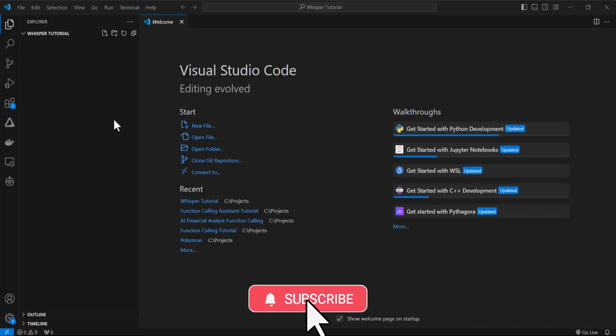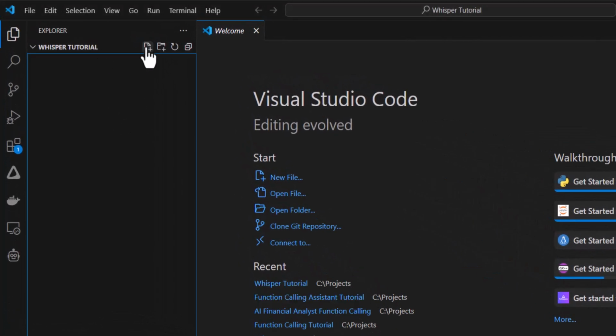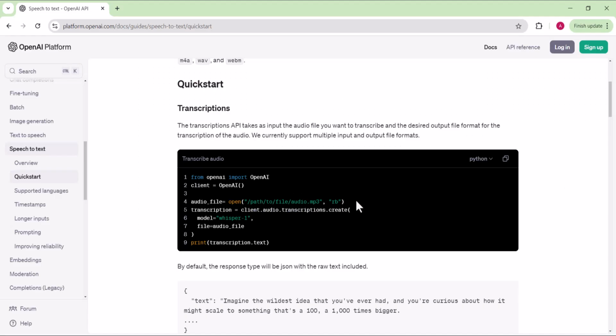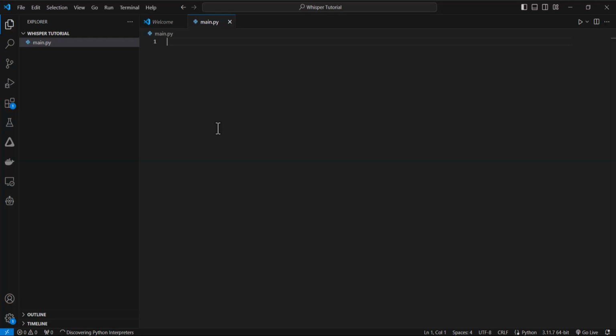I'll open up my Visual Studio Code, and I've created a project folder, Whisper Tutorial. I'm going to create a file, main.py, and the way this works, if I go back to the documentation, is first I have to create an audio file, and then I have to provide that file to the OpenAI client. I'm going to write some code so we can do all this with Python, but first I'm going to have